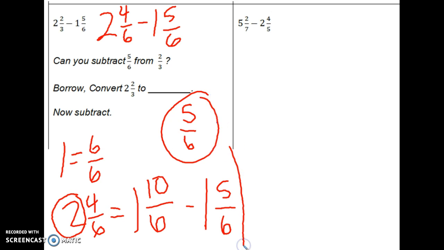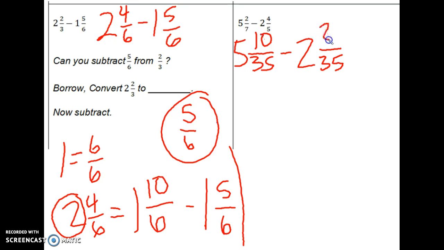Let's go ahead and try another one. So the first thing I need to do here is I need to find a common denominator. My common denominator is 35. So I'm going to change both of my fractions, leave the whole number as the whole number that's given, but both fractions need a denominator of 35. 7 was multiplied by 5 to get 35, so 2 times 5 is 10. 5 was multiplied by 7 to get 35, so 4 times 7 is 28. I cannot take 28 from 10, so I'm going to borrow from the whole number, make that a 4, and